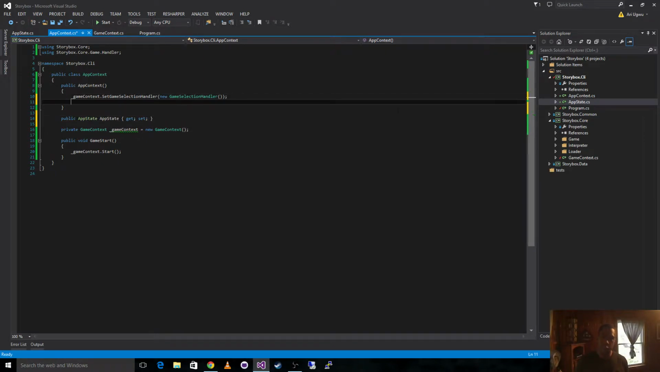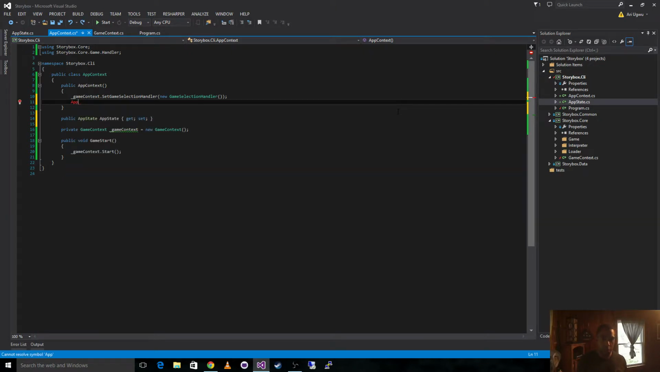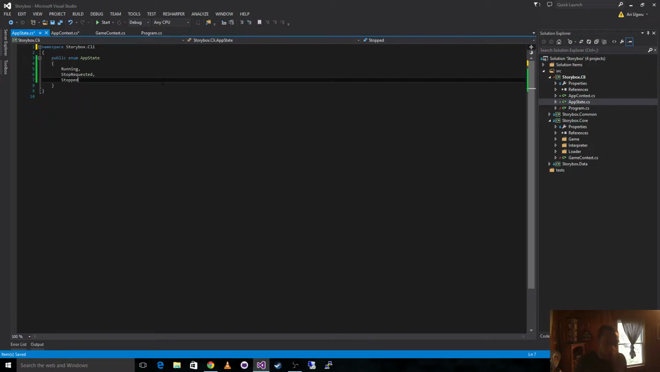And then in our constructor, when we're deciding how we want to bootstrap our app context, we'll say that the app state is equal to AppState.Stopped instead. It's kind of an action word. Stop requested. Okay. So we've got an app state and an app context that, while they encapsulate other parts of our tier,